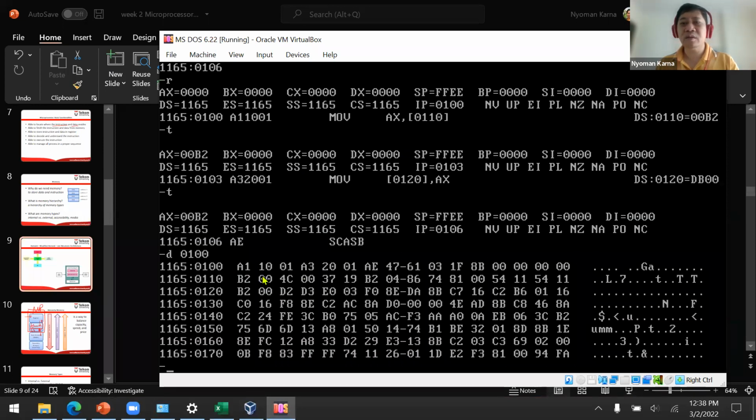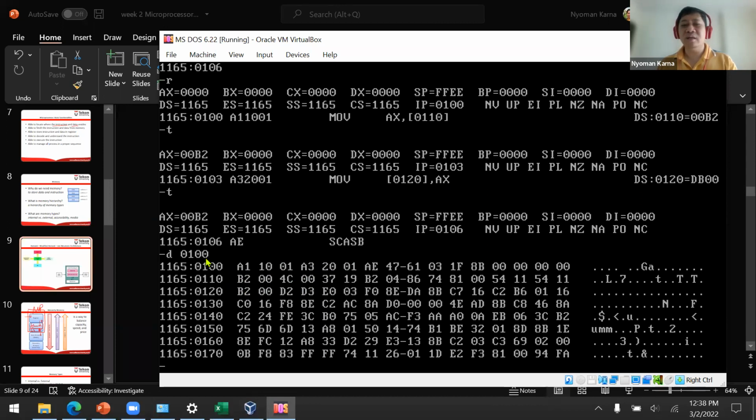it will be stored here, A110. And when I try to create the next program, move 0120, AX, it will be written into the same memory, 01A3. Although in the same memory, we use it to store data also, B200.